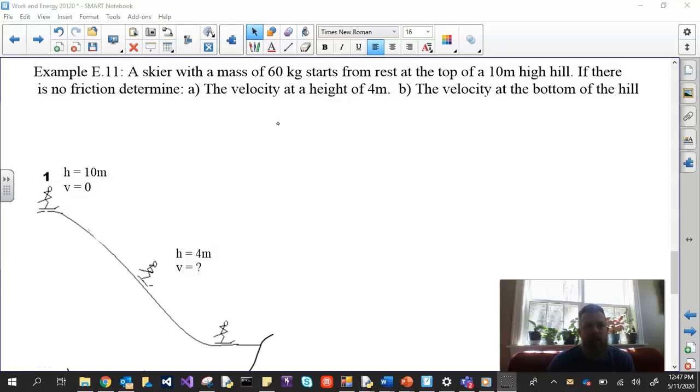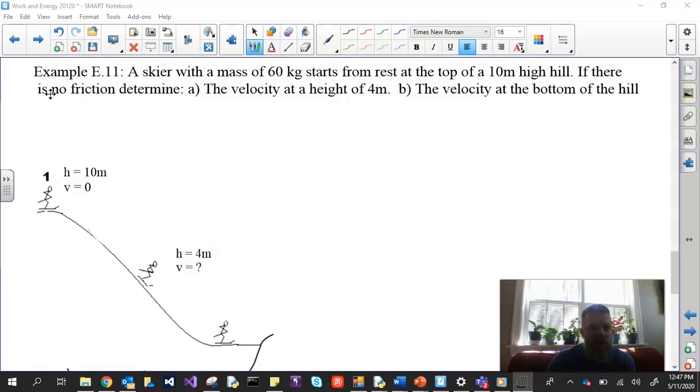Alright, so let's look at this example. This here is an example that fits the conservation of energy section that we're talking about. I have a skier at the top of the hill and a skier part way down the hill, and then part B, the skier's at the bottom of the hill. And the question is, if there's no friction, so the no friction part, there's no engines or anything, this indicates